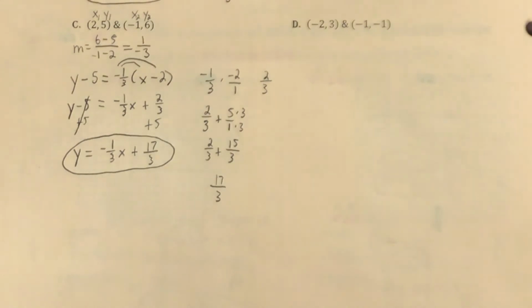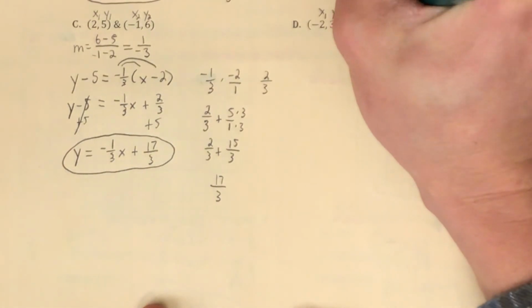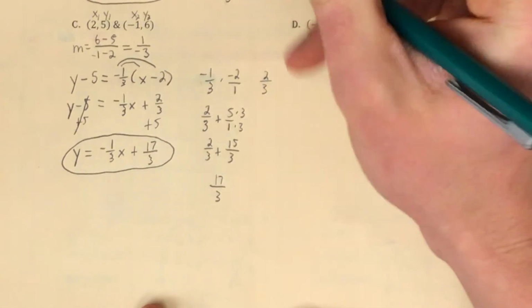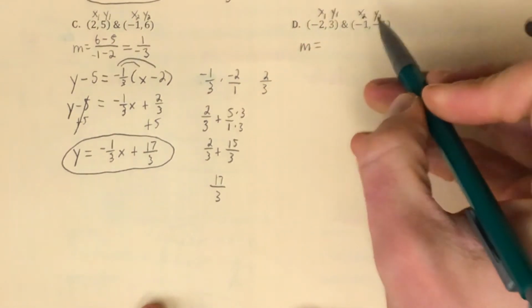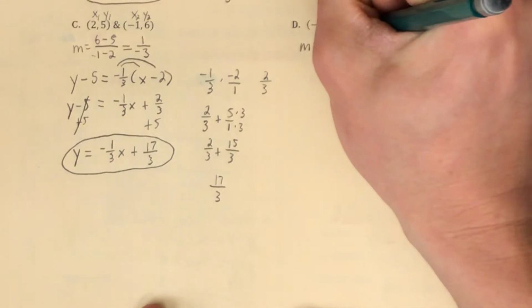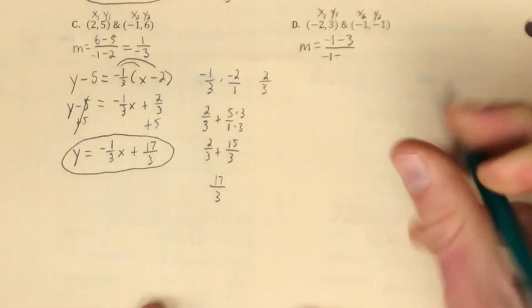So example D says it's a line that goes through the points (-2, 3) and (-1, -1). So first thing I want to do, label my points so I can find my slope using the slope formula. So x1, y1, and x2, y2. Then plug them into the slope formula. So m equals y2 minus y1 over x2 minus x1. So m equals y2 was -1 as I labeled it, minus y1 was 3, over x2 was -1, minus x1